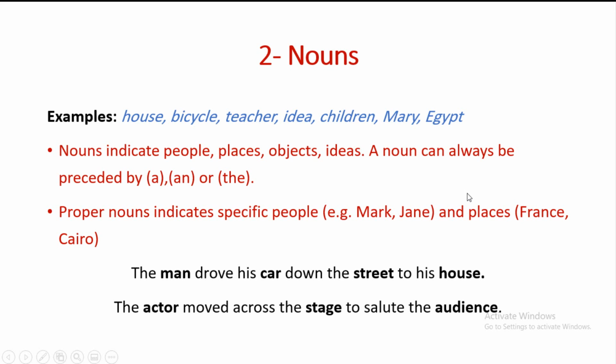Okay, nouns are preceded by articles. So a noun can always be preceded by a or an or the, and we'll come to know more about articles, but maybe in a different situation, because they are not really tested in the SAT. Okay,